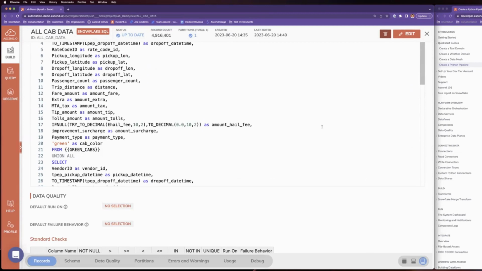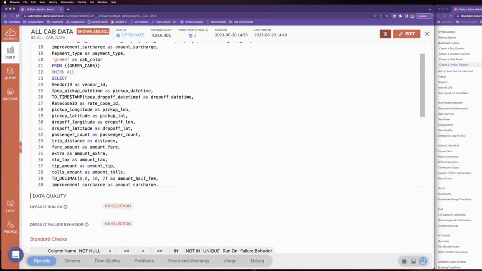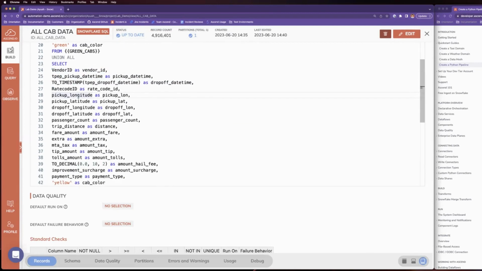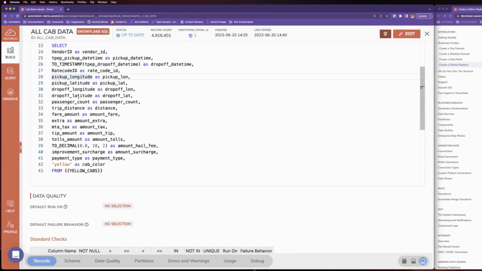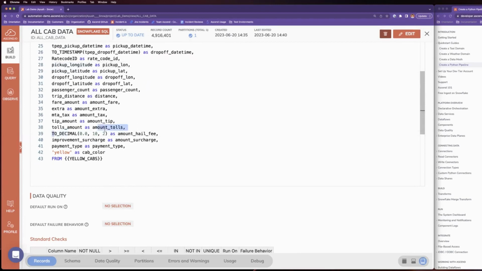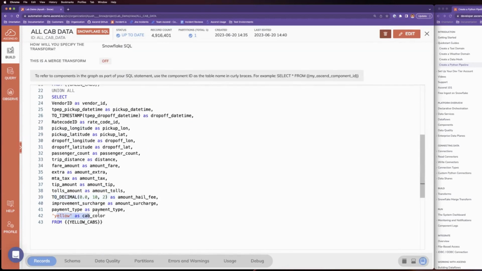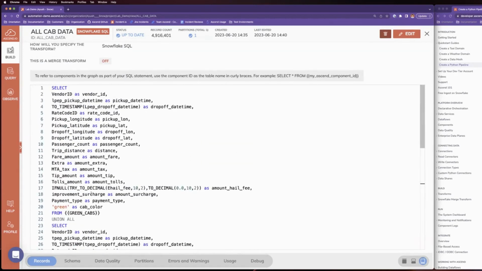So let me drop this for a second. This will be a simple select statement like you see here. It'll basically pick up a bunch of the same columns and then maybe alias them. Maybe a couple here need to be created and added and then aliased, or a string here. But for the most part, just a simple select and union statement, right?